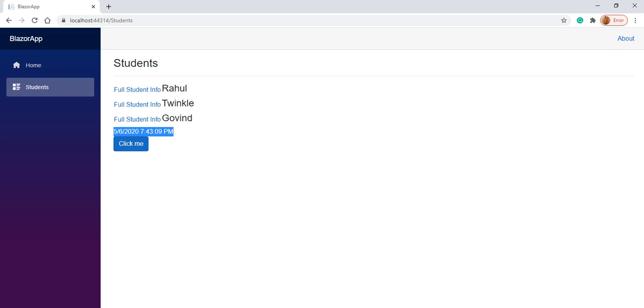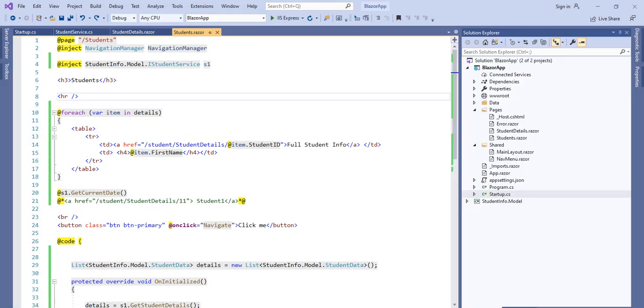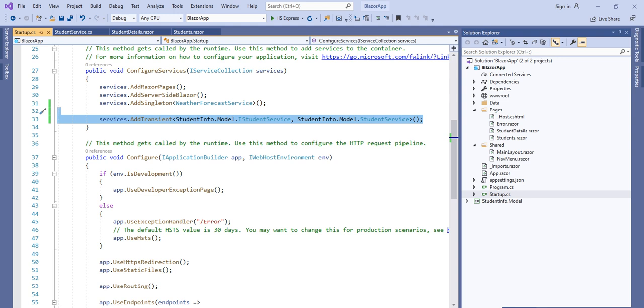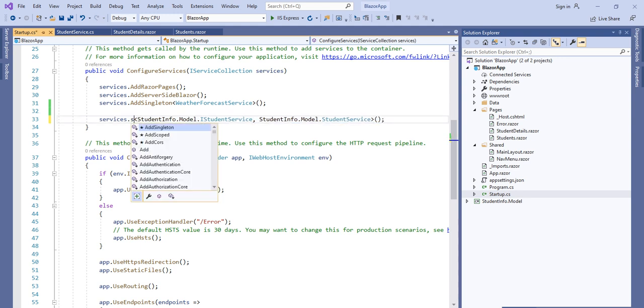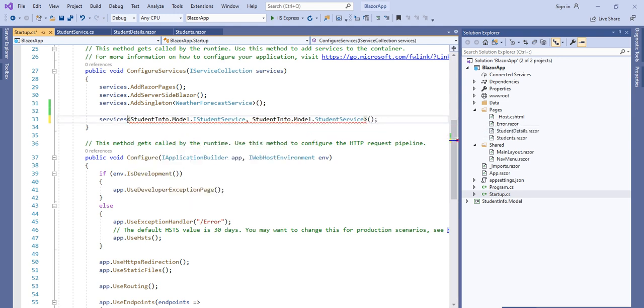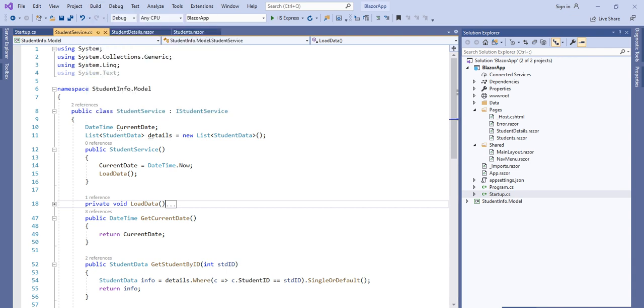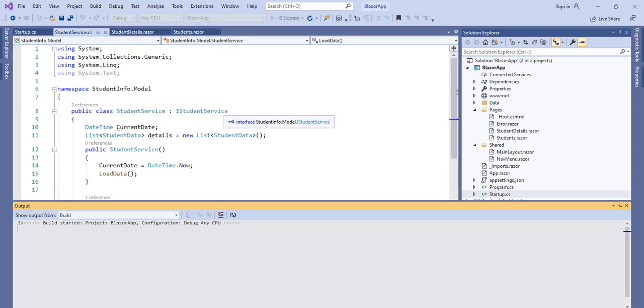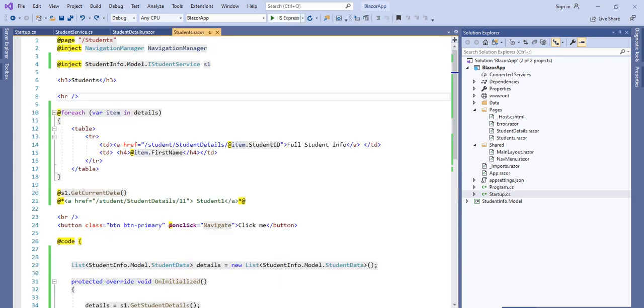Now let's change this AddTransient to AddSingleton. Here what it will do is initiate only once throughout the life, and again it will not initiate.